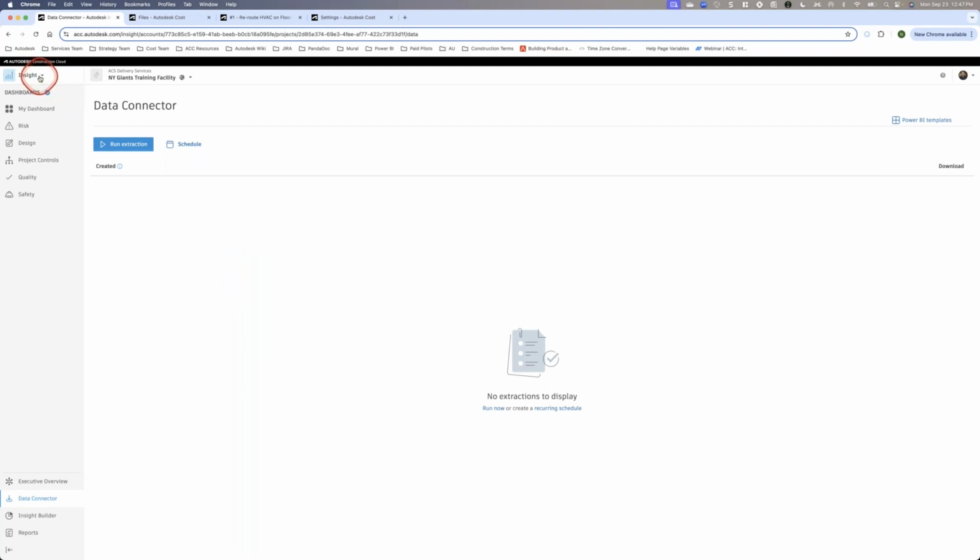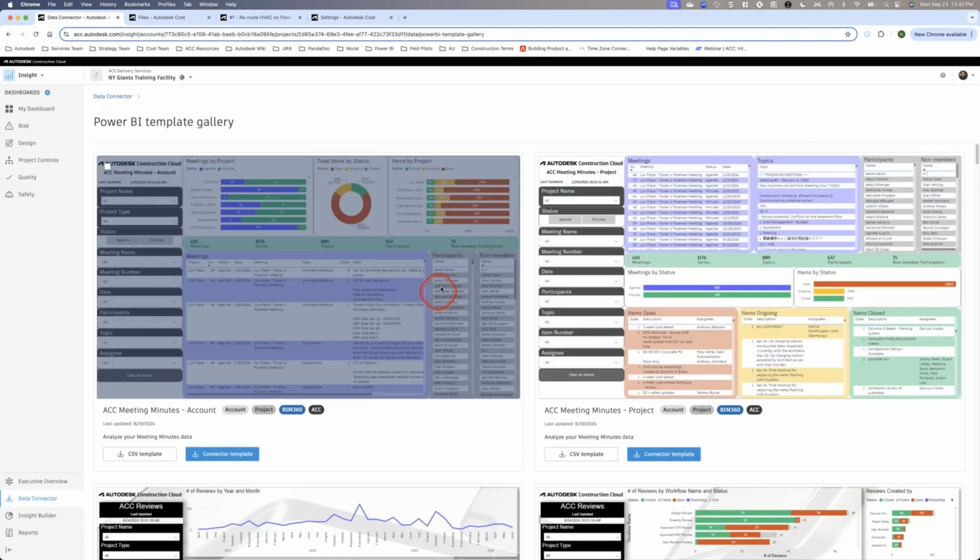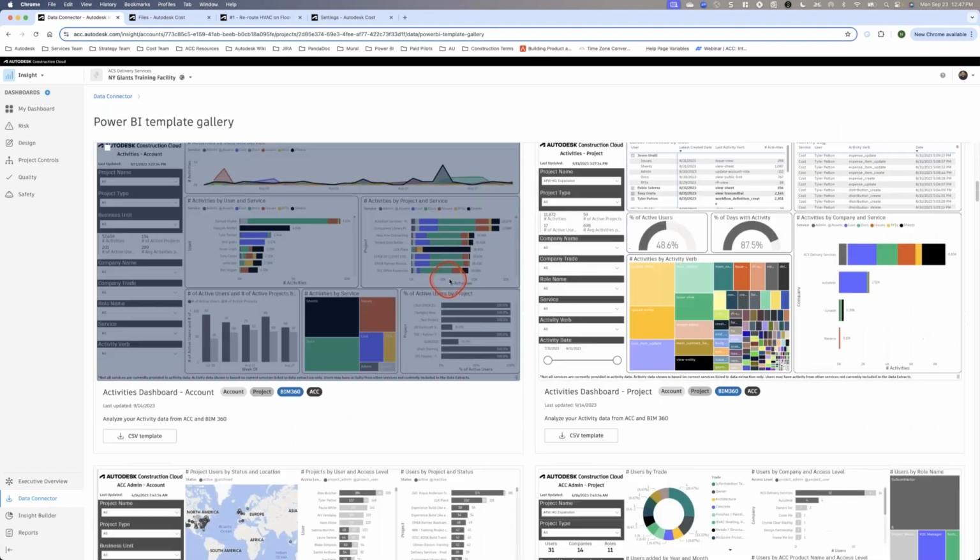So if I'm over here on my product picker again, I'm in what we call our Insight tool, in this data connector section. And what we have is these Power BI templates. If anyone's not familiar, Power BI is a data analysis tool, and you can extract your data out of cost management via this data connector and link it to our Power BI templates that are available. And so if I scroll down here,